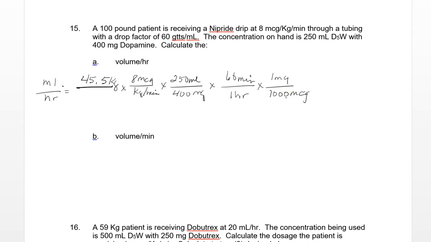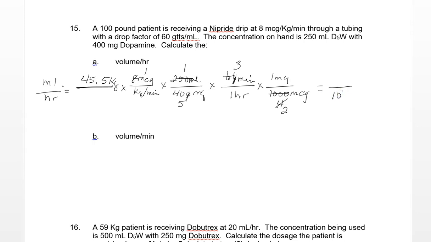Now we can start reducing things down. I'm going to take my 250, will go into 1,000 4 times. I'm going to get rid of this 0 there. 8 will go into 40 5 times. I can reduce this down to 2 over 3 because 2 will go into both of those. And now all I'll have to do is multiply 45.5 times 3,